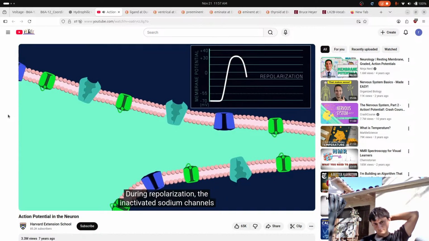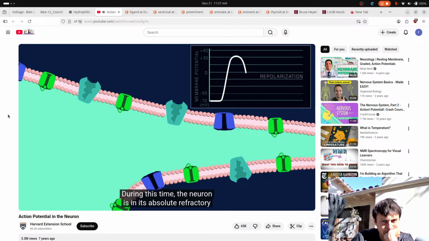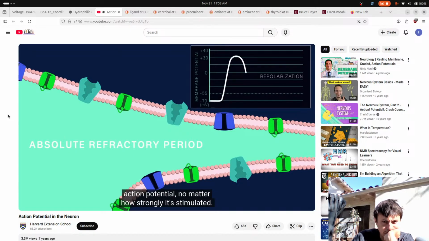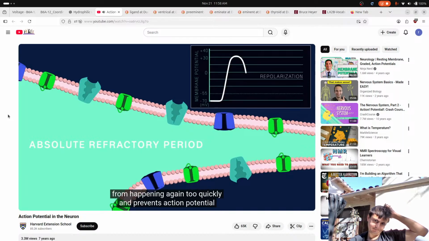During repolarization, the inactivated sodium channels won't respond to any stimulus at all. During this time, the neuron is in its absolute refractory period, the period of time when a nerve cannot fire another action potential no matter how strongly it's stimulated. The absolute refractory period prevents action potentials from happening again too quickly and prevents the action potential from traveling backwards